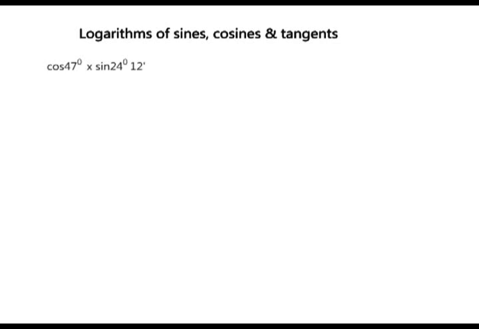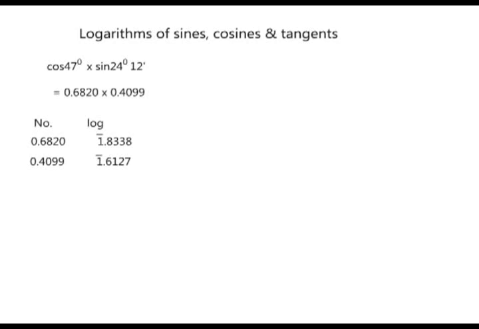In the first method, we first find the cosine of 47 degrees, that is 0.6820. And then the sine of 24 degrees and 12 minutes is 0.4099. We then find the logarithm of these cosines. The log of 0.6820 is 1 bar 0.8338. The logarithm of 0.4099 is 1 bar